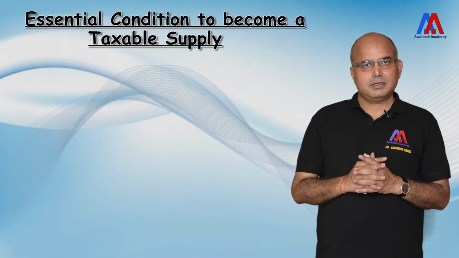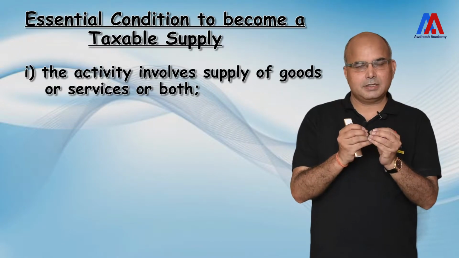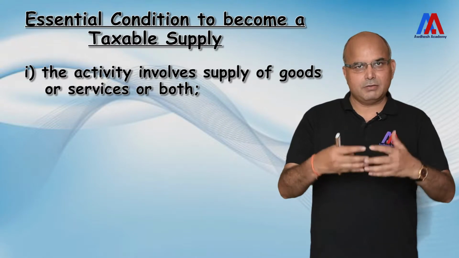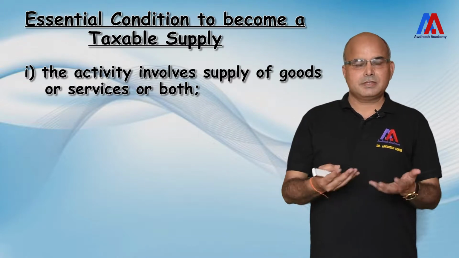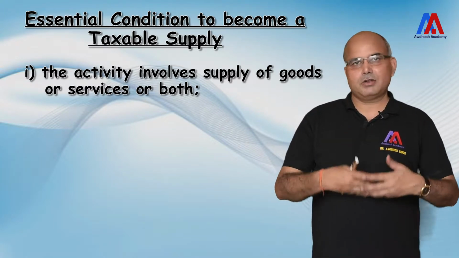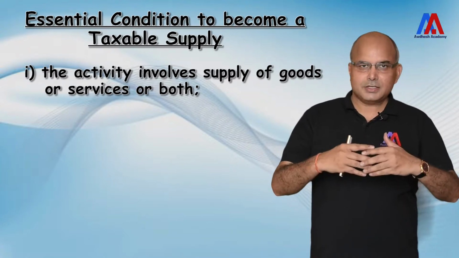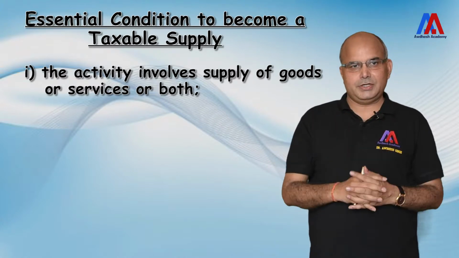Let's understand that every supply is not taxable. Only certain supplies are taxable, and if we want to know whether the supply is taxable, we have to understand that it should satisfy by and large these 6 conditions. The first is that the supply should be involving a supply of goods or supply of services. That means it should be either by trading or by providing any service. So there has to be a supply. This is the first and foremost condition.